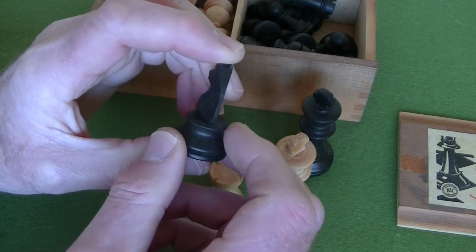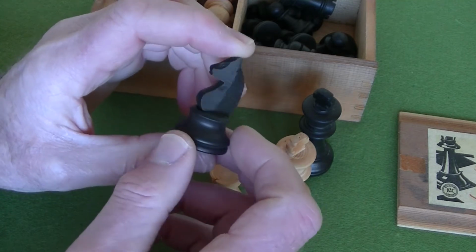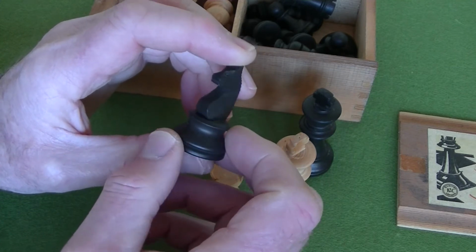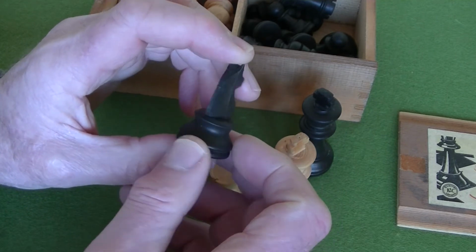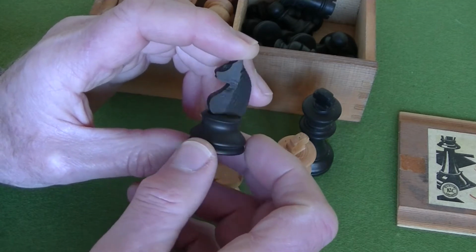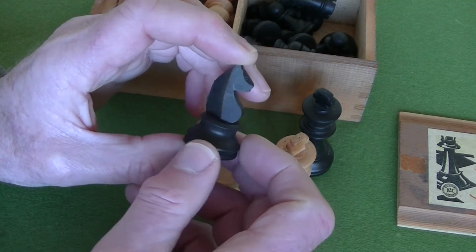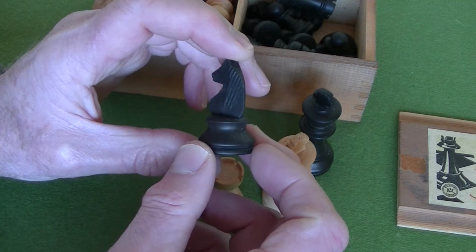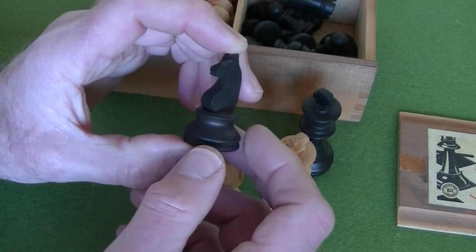So I can remember I was with my father when he purchased this. It wasn't a surprise Christmas present. It was a present that I'd asked for. The toy shop Hamleys, a famous toy shop in Regent Street in London, used to have a branch in Croydon back in the 1960s, and I can just remember the